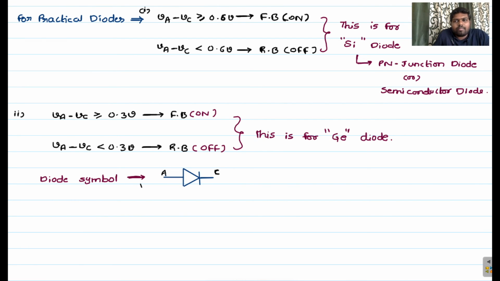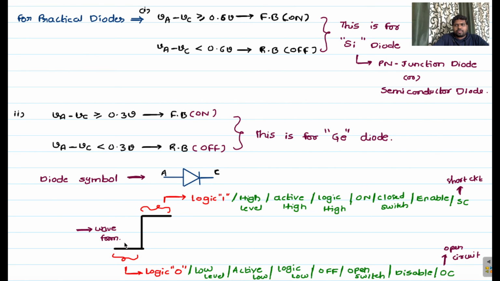You just have to remember two things: the diode is operated in two modes. One is forward bias mode, which is nothing but an on switch, and the second mode of operation is reverse bias condition. In that condition, the diode acts as an off switch. In digital electronics, we deal with only two levels, on level and off level. On level is considered as logic 1, and off level is considered as logic 0. That's why we discuss only two modes of operation for that particular diode device.